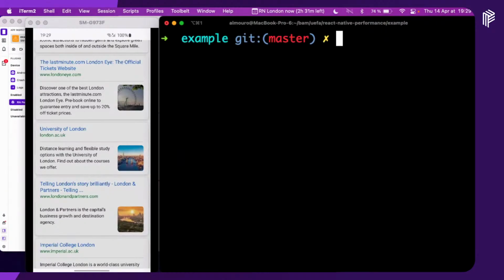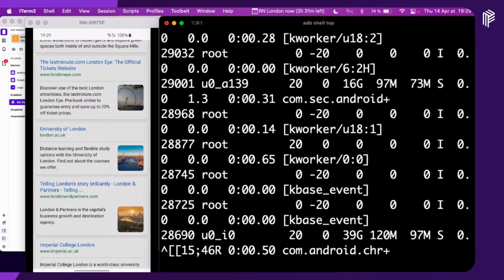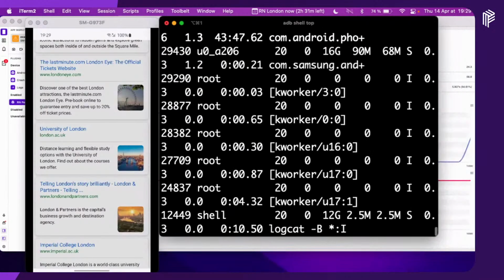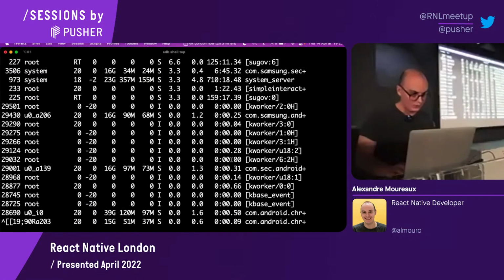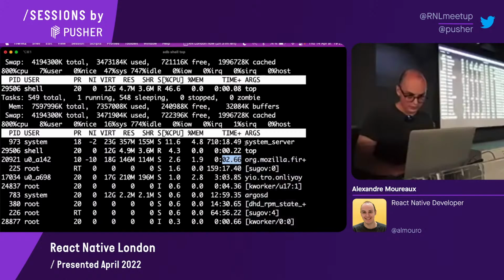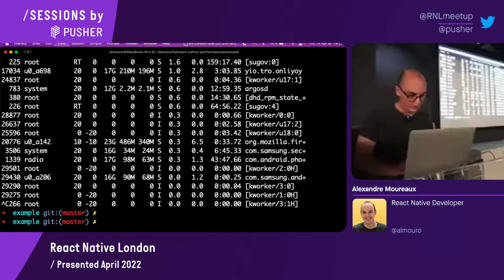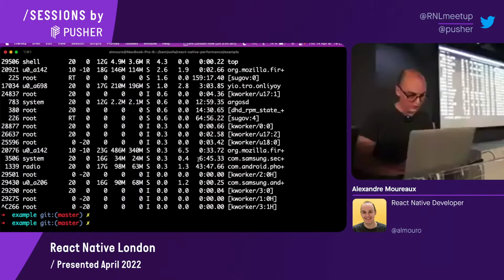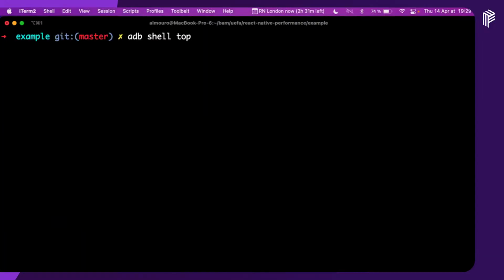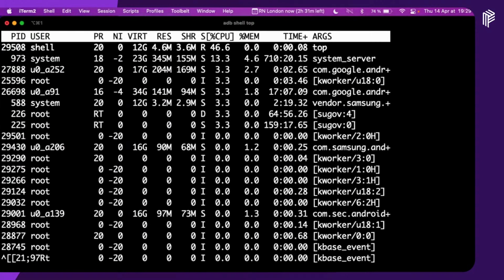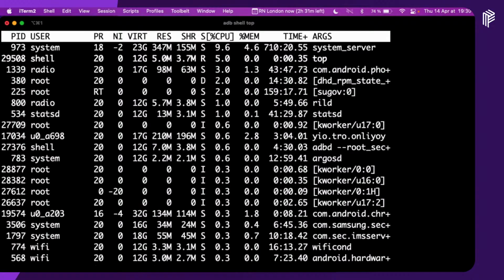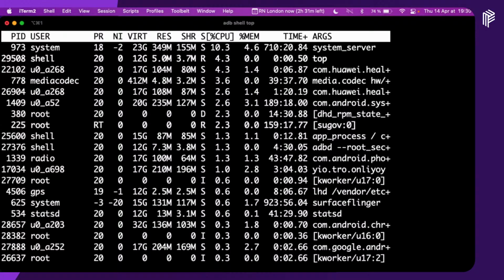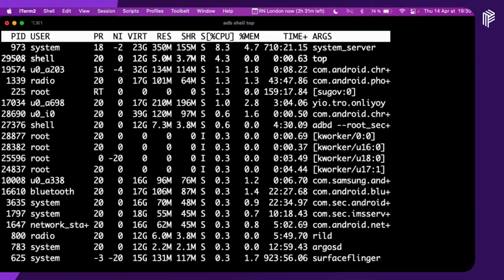Top is really neat. If I do ADB shell top to run top on my device, this is awful because this is too big. Whoop. Right, let me do it again. ADB shell top, still too big. Okay, this is not too bad. Whoa. Okay, needs to be a bit smaller, I guess. Sorry about that. Okay, third time's the charm. ADB shell top. Yeah, that's kind of nice. Okay, hopefully not too hard to see. I see people flinching their eyes in the first row, so probably it's too small.